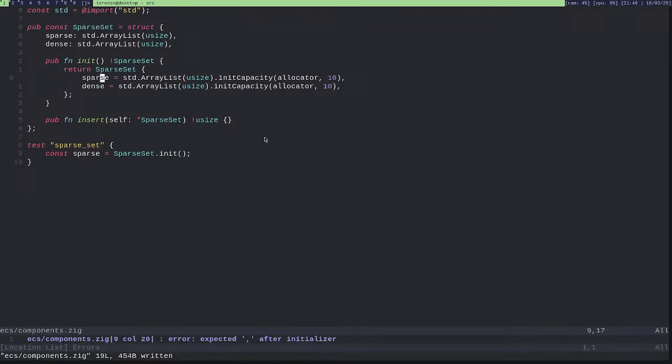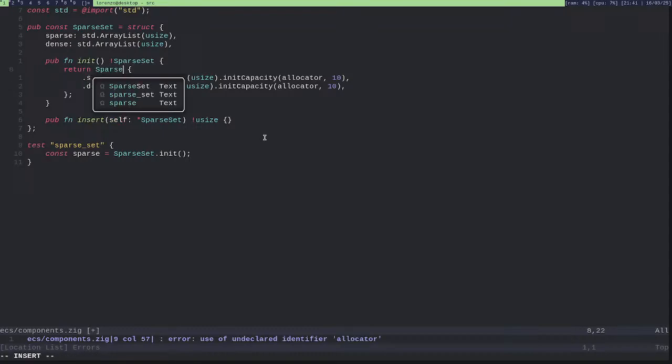Column 20. Here it's expected. What? After initial. Oh, wait. Okay. I didn't remember how you use zig because I haven't been using this for quite some time.